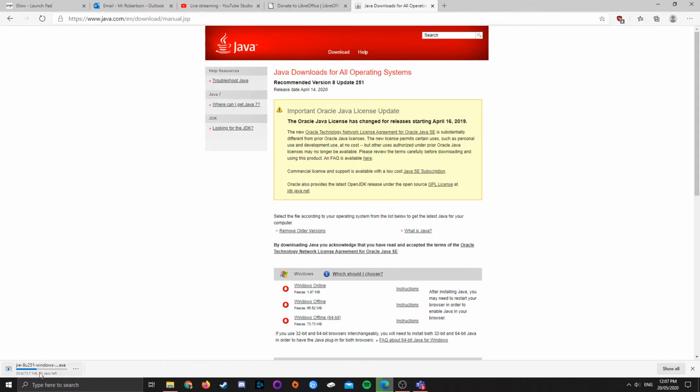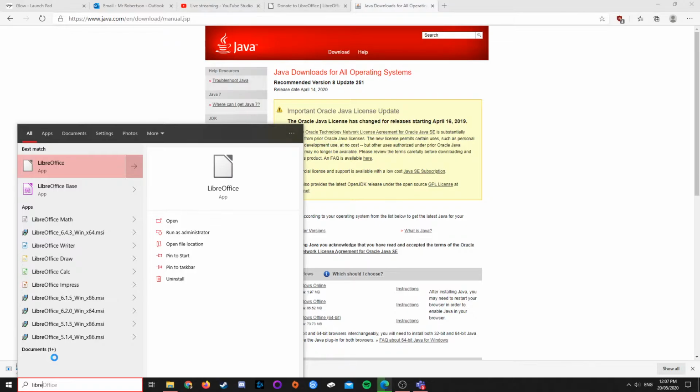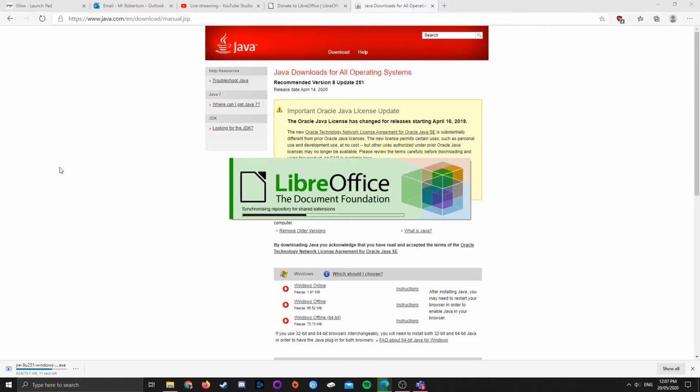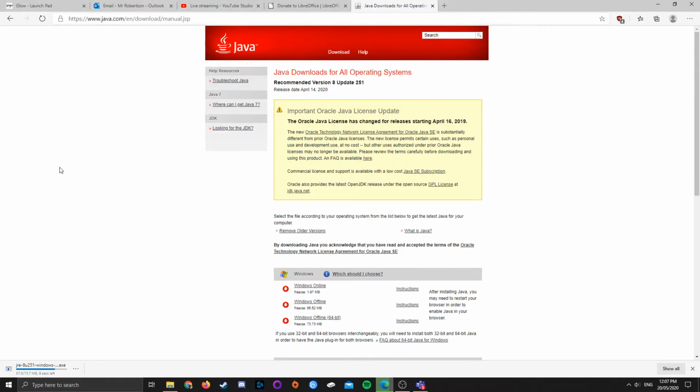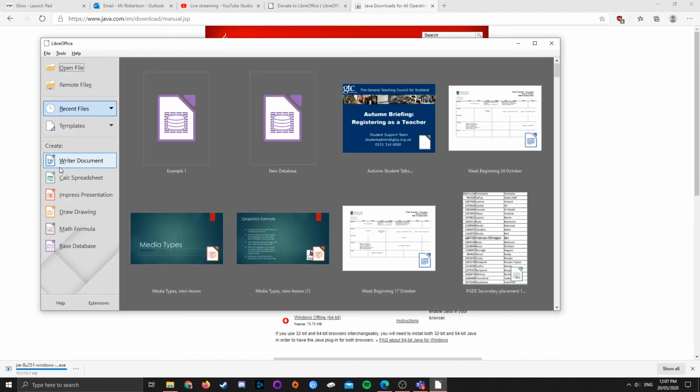So just before that downloads, I'll quickly show you LibreOffice. This is the full app. So this is an alternative to Microsoft Office. Some of you might have Microsoft Access, which lets you use databases. It's not likely though. Microsoft Access doesn't really come on most installations of